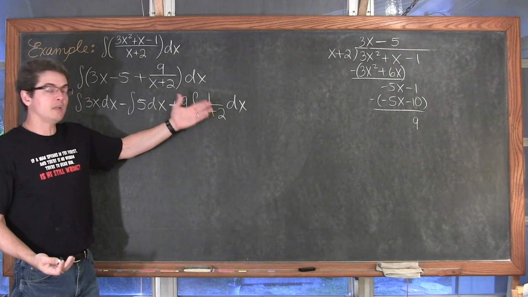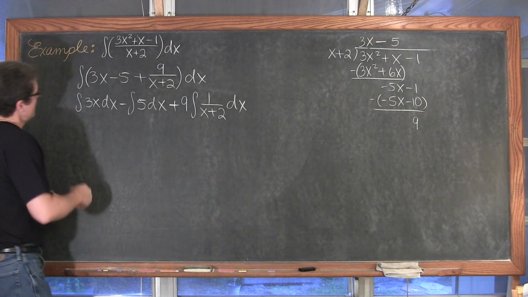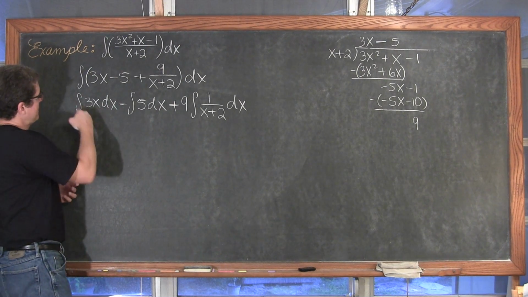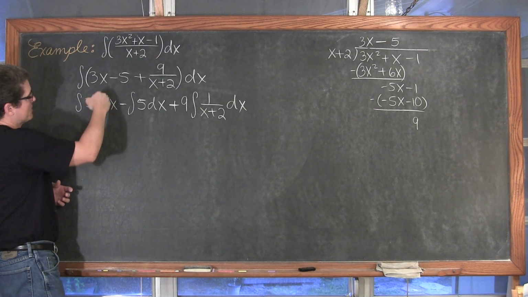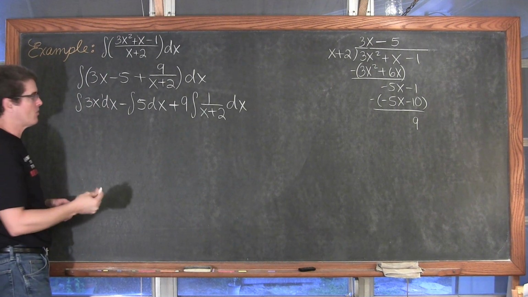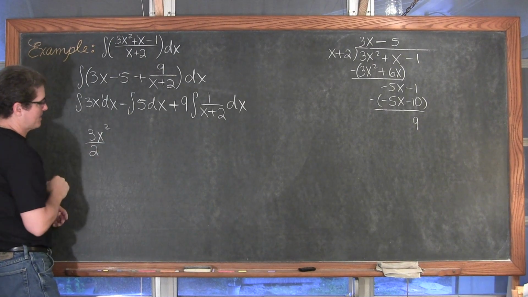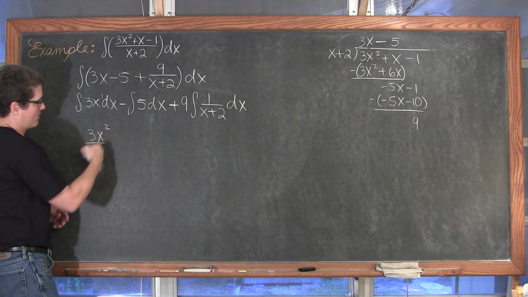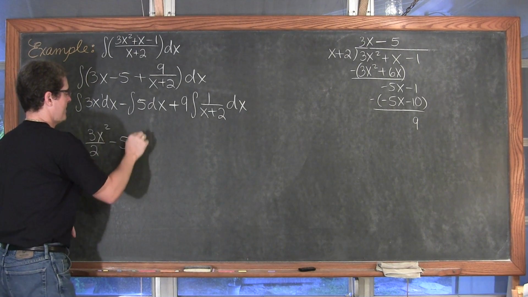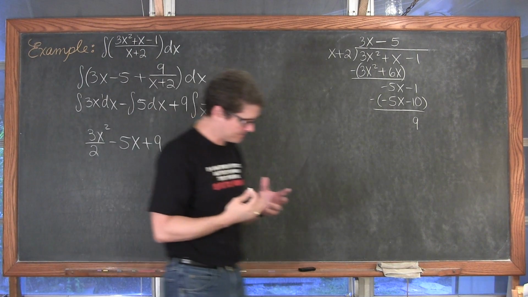If so, great, and if not, you might be doing a u substitution to make sure you really see it. Well, here, this is just power rule. The indefinite integral of 3x, we're going to take the exponent on that x and bring it up by 1, so we're going to have 3x squared and divide that by 2 because we're going to divide by that power increased by 1, minus 5x plus, okay, now the 9.